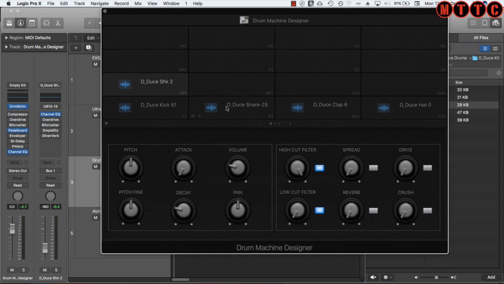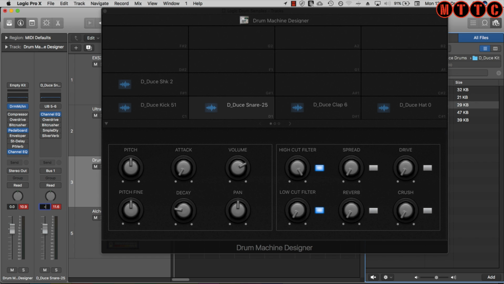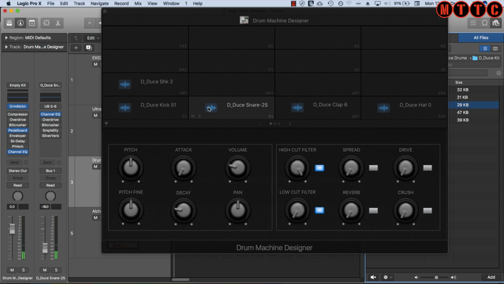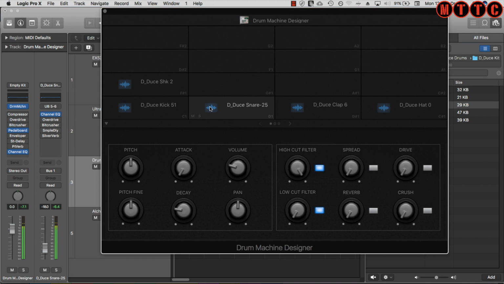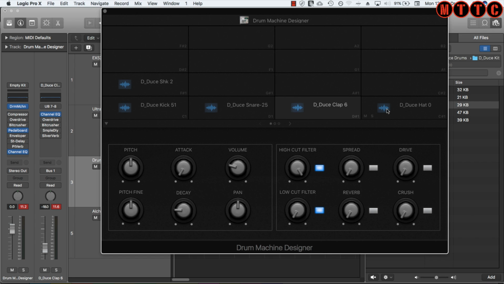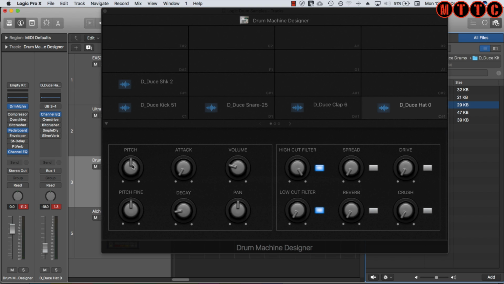I'm going to move to this one, the snare, and I'm going to also set this to -18. Okay, in fact, I could take more out of that as well if I wanted to, but -18 is a good place to start. Go to the claps as well, and I'm going to change this as well to -18 dB. Okay, and the hats as well to -18. Okay, so everything should now trigger